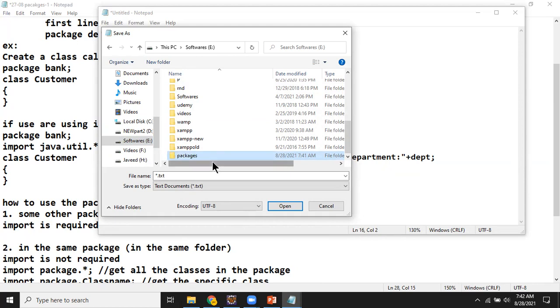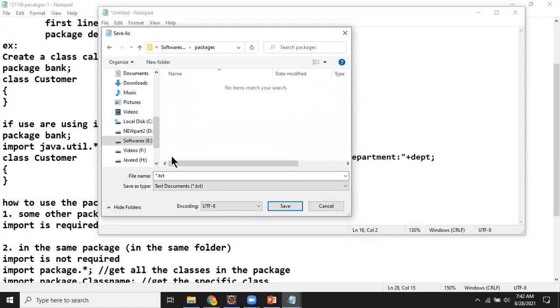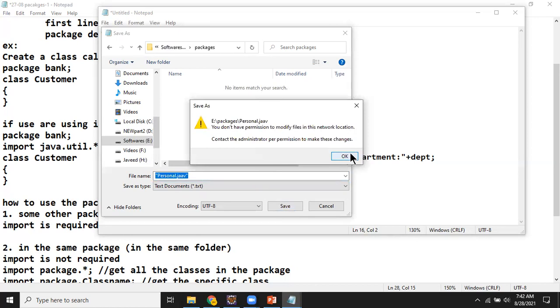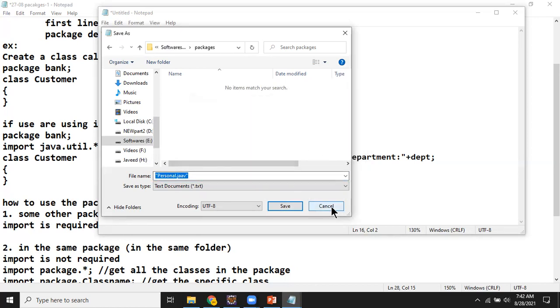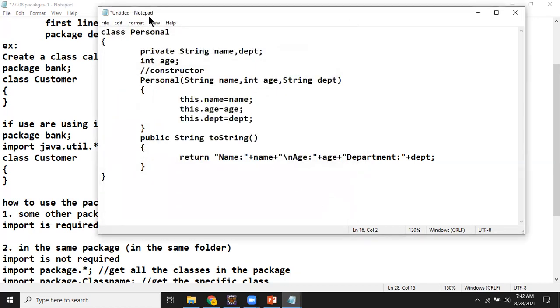I want to create a file called personal.java. Maybe it failed again. We'll do one thing: we'll not use this folder, we'll use some other folder.